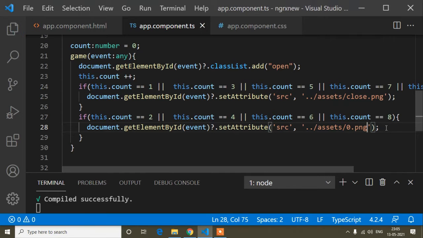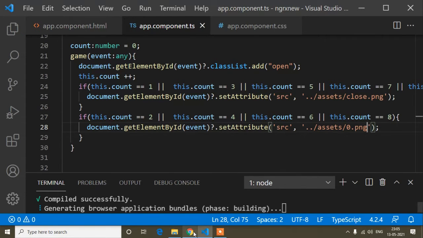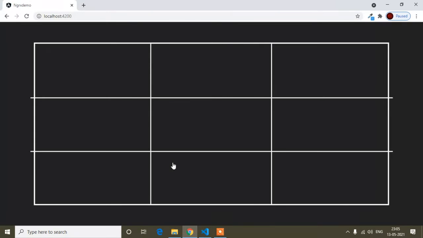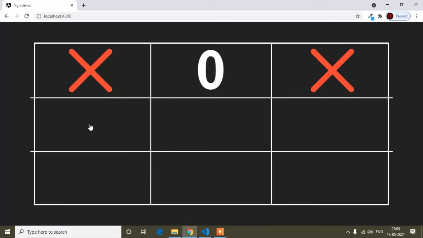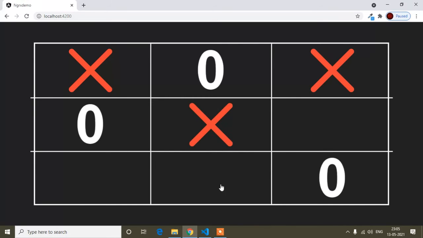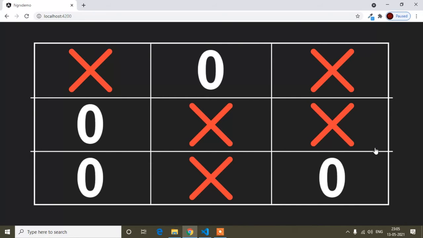So here you can see now. If I click, you can see first time cross, then 0, then cross, again 0, cross, 0, cross, 0, this way. I mean, when the count is an odd number it shows cross, otherwise 0. I am storing this one. So this is done. Okay,